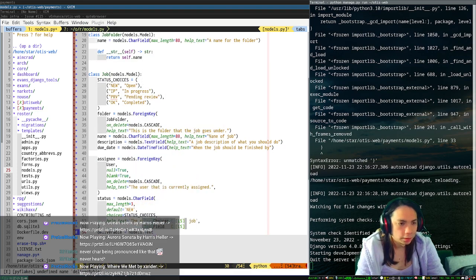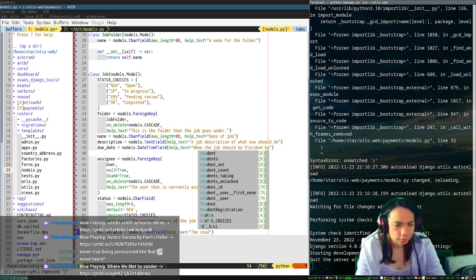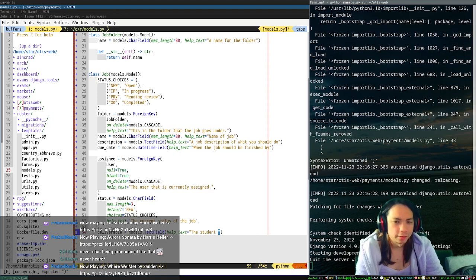Okay, we're gonna make a text field. Oh, sorry, I forgot something important here. Actually, no, description should be a mandatory field. I don't want the description to be blank, but the student. So maybe the job is like write a paragraph about how cool Evan is or something, and it